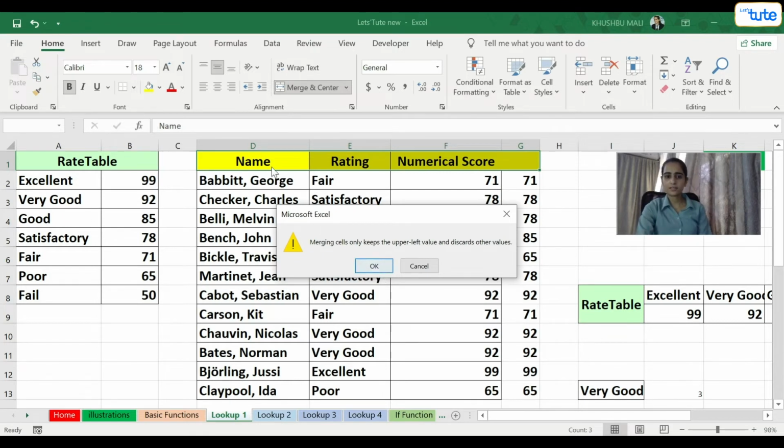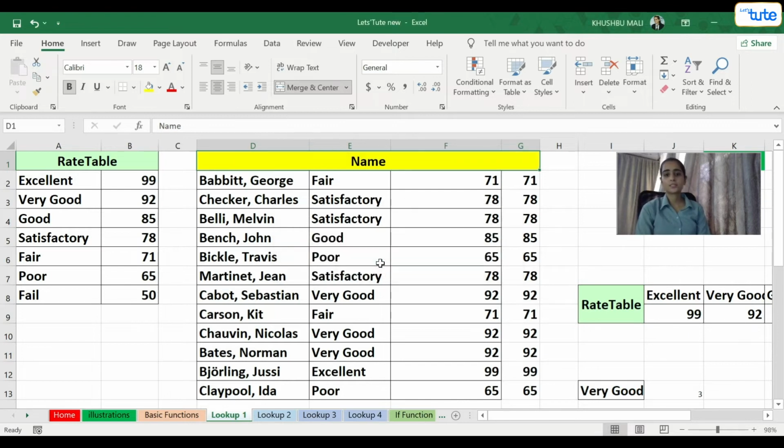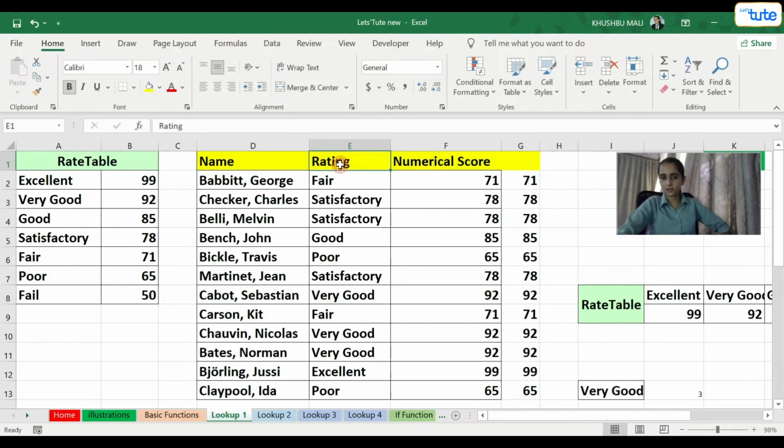So whenever we do merge and center or merge cells or merge across, if you have data already given, like my values are given here, I am not going to merge this because that will not give the exact good value.